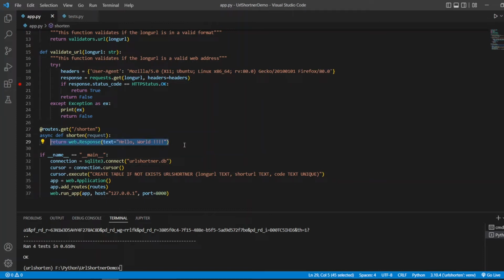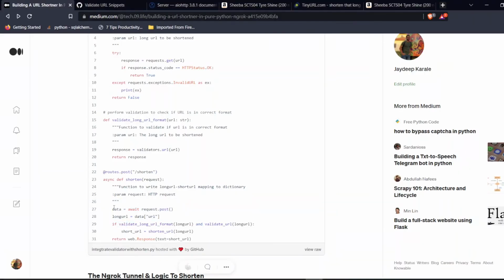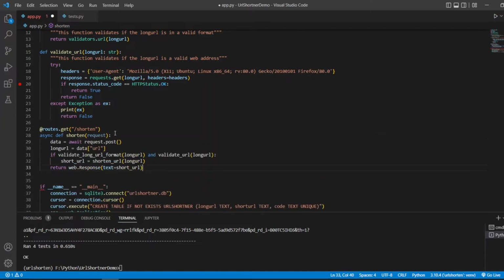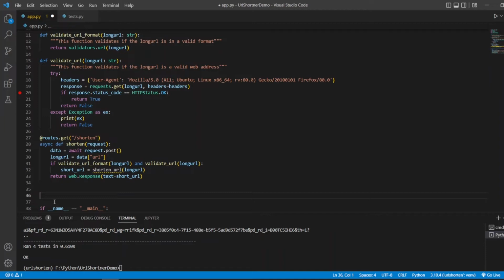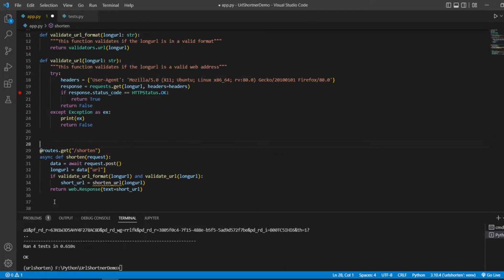Let's replace this, and what we're going to do is just copy paste this reading logic. Nothing different here, we're just copy pasting this, and we have made some changes to the name. We're going to use this, and the shorten URL function doesn't exist, so I'm going to write one for now. So def shorten URL, which also takes,